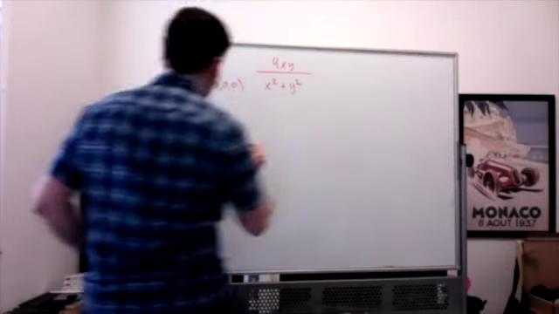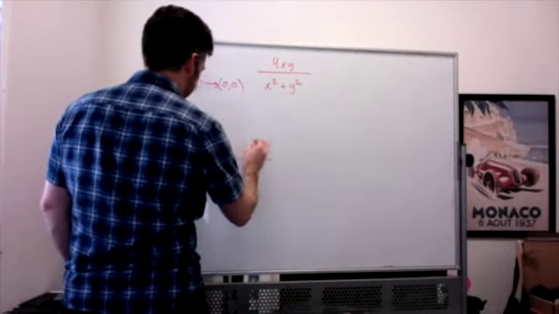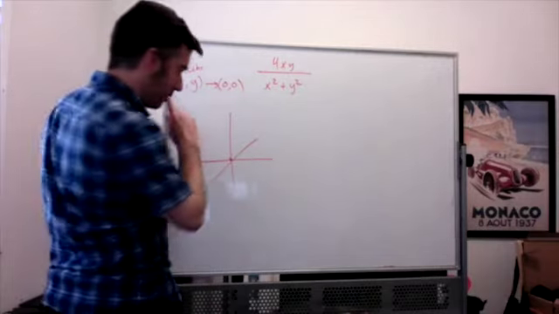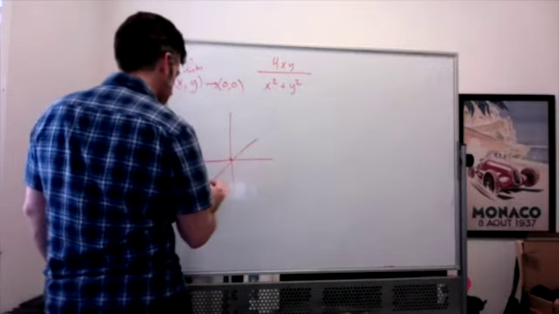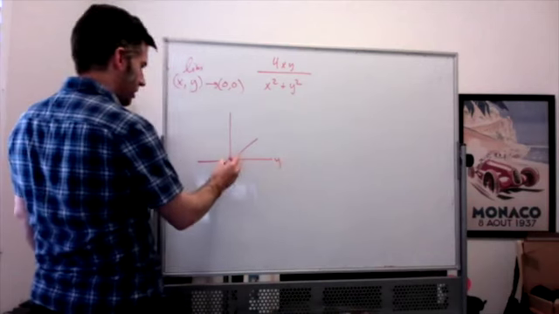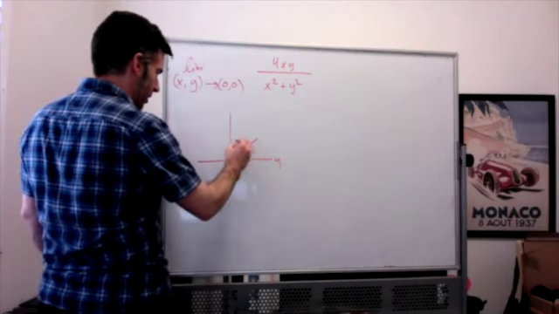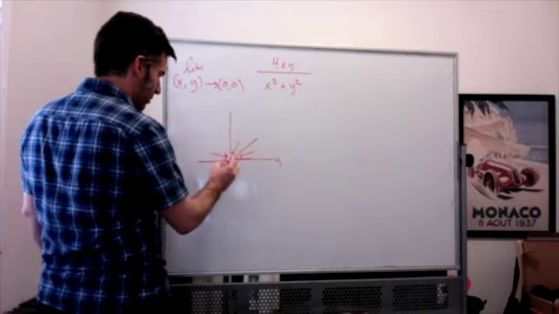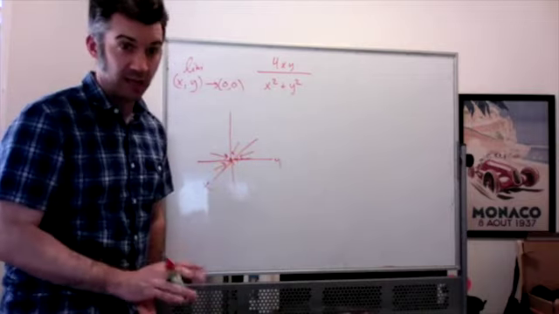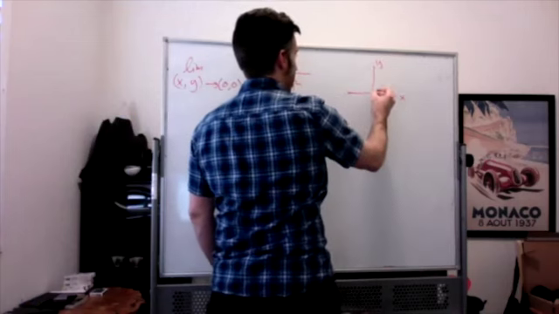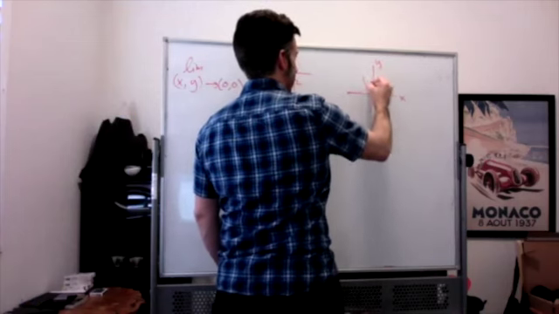I'm not going to graph this, although I will show you on my 3D graph in a second. If I'm trying to approach the point 0, 0, I can come at it this way, I can come at it this way, I can come at it that way. There's literally a million ways in the xy plane. I can come at this from so many different